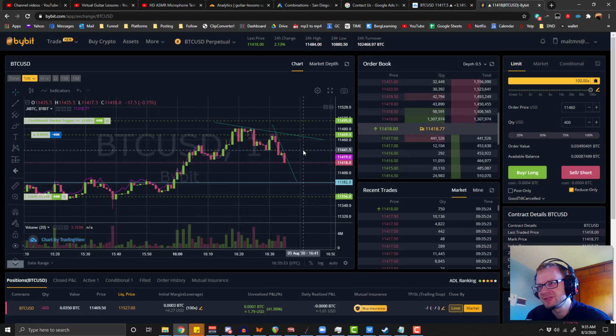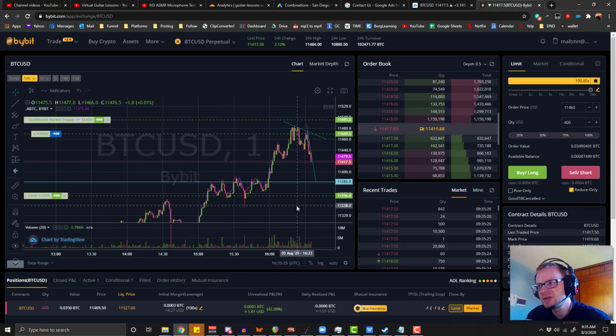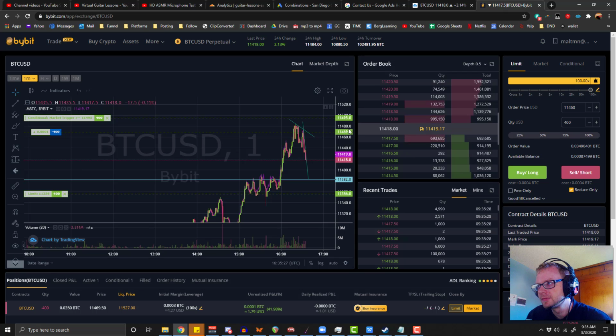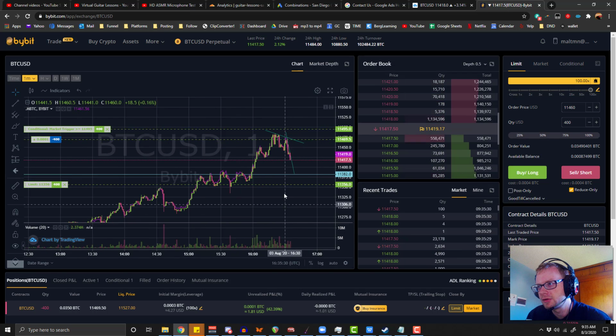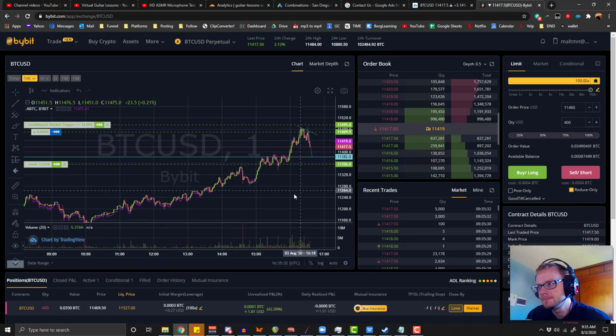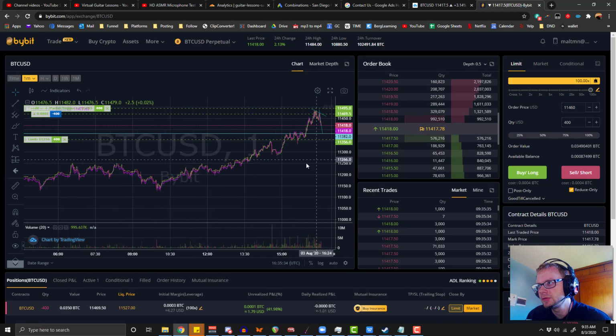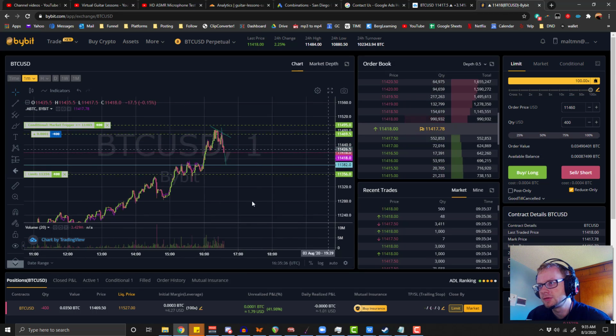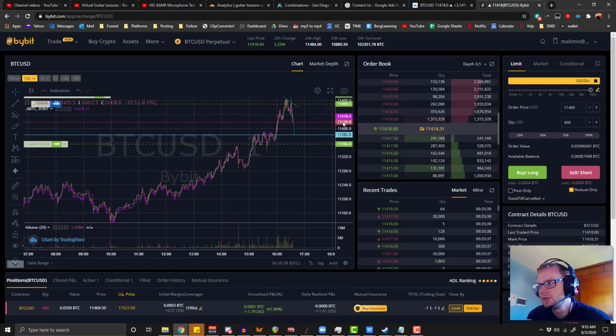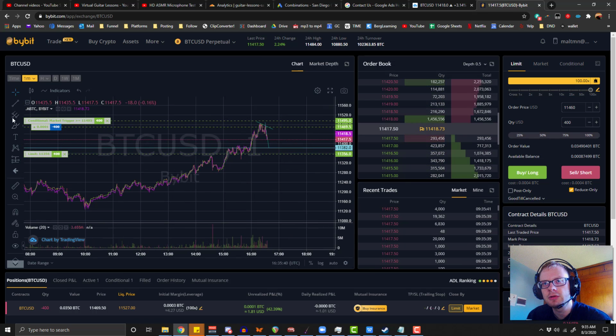And we now shall see whether it comes down to our target. Now, it is a long target. It's a big target there. I don't think it's going to take it in one go. I think it's going to be a couple moves. But generally what tends to happen is